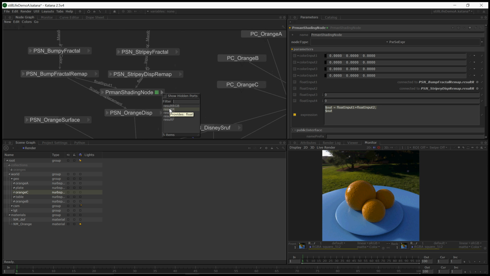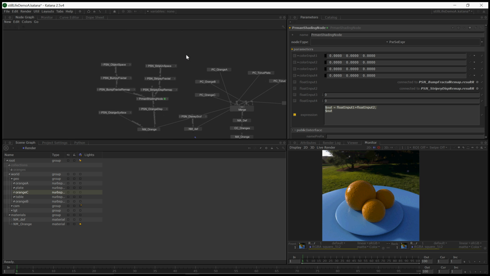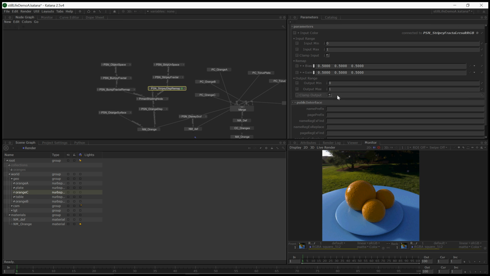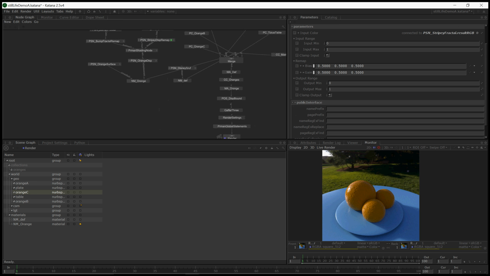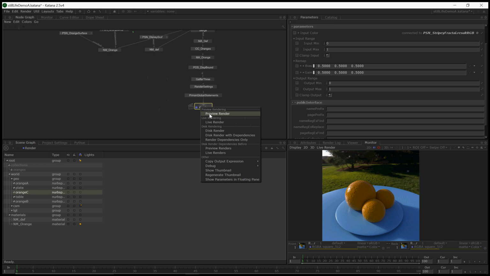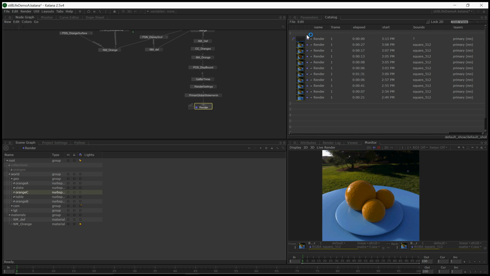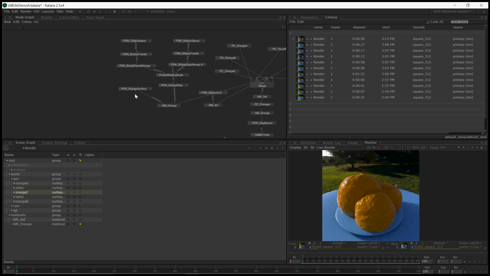So what I'm going to do is take the result R, or the result F rather, and connect that into the scalar displacement. So now these two things should be combined. I won't remap it, and I'll just show you how awesome this looks before changing anything. So I'm just going to do a preview render, and then we're going to have to set some remap values. Yeah. So, well, that's interesting. Actually, one thing I forgot to do is we didn't even change any of the fractal parameters. So before we get ahead of ourselves,